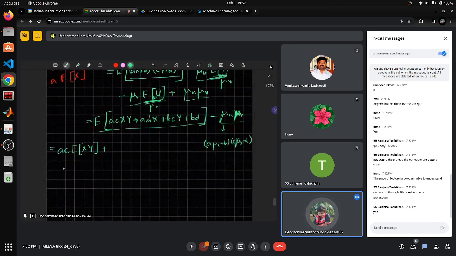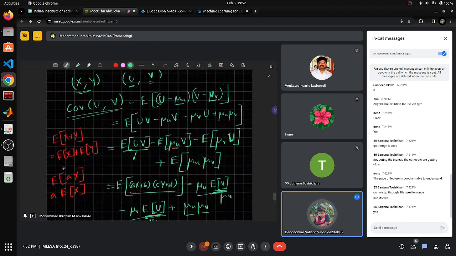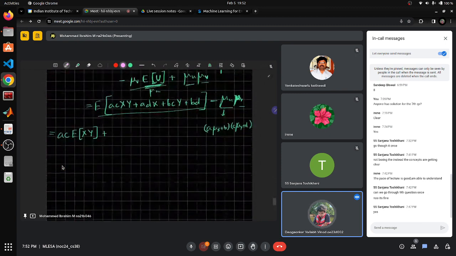Now AD, this also again goes through the same summation rule here. And we end up getting more terms here, and it becomes AD times, now expectation of x was given to be mu x, expectation of y was given to be mu y, and expectation of b into d is again going to be b into d only, and you have to subtract that over here,